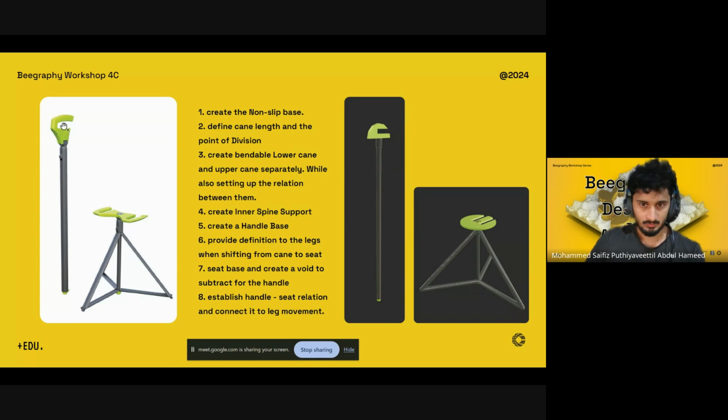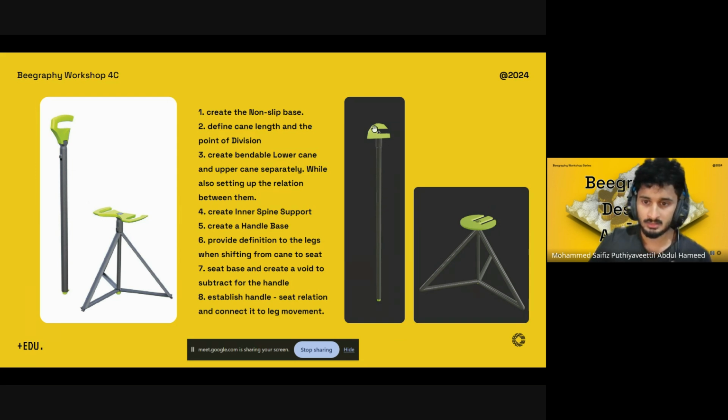Now, it'll be slightly challenging, more challenging to design the exact same replica, but we can do it quickly with something that looks slightly similar. But from a functionality point of view, I think this would be good enough. So what we'll do is we'll first try to create a non-slip base, and then we'll create this main stick,